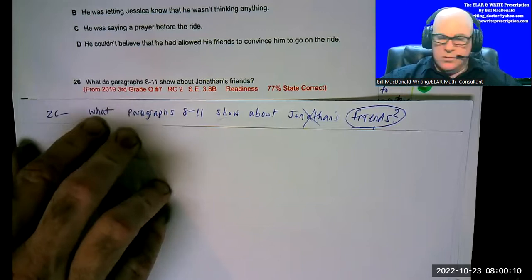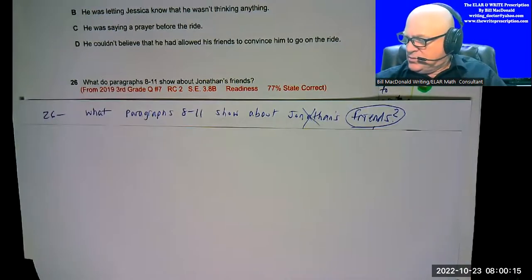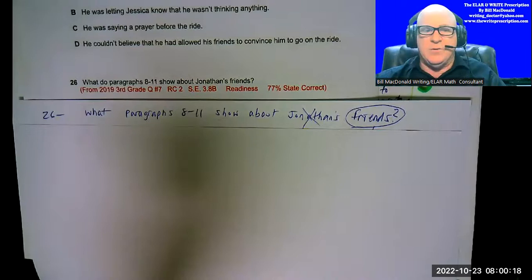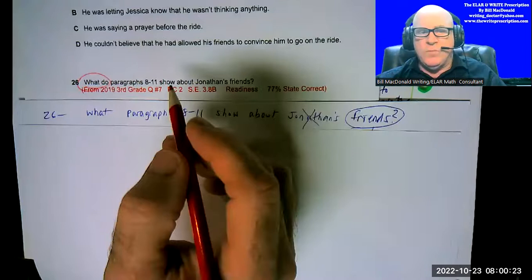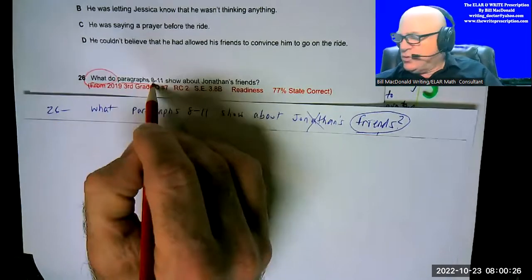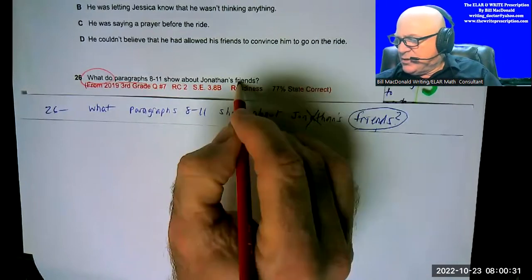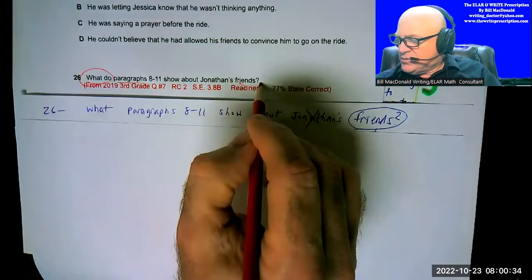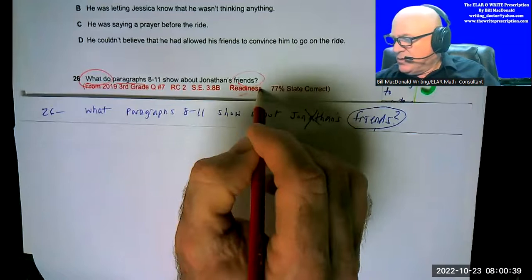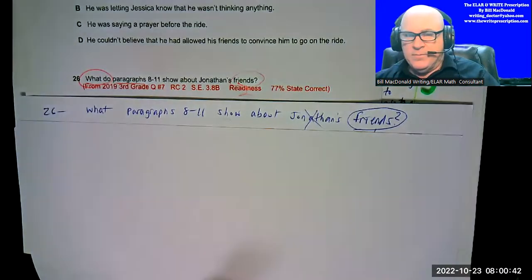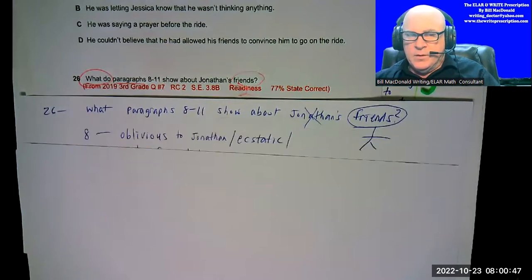So the question, what we'll call the red light, is: everything is a who, what, when, where, why, which, or how. Paragraphs 8 through 11, that's my where, show about Jonathan's friends. And so your kids have to make sure they understand the question is not asking about Jonathan. So the subject, if I was to make a little mini stickman here, Jonathan's friends, that's what I did with my paper here. All right. So